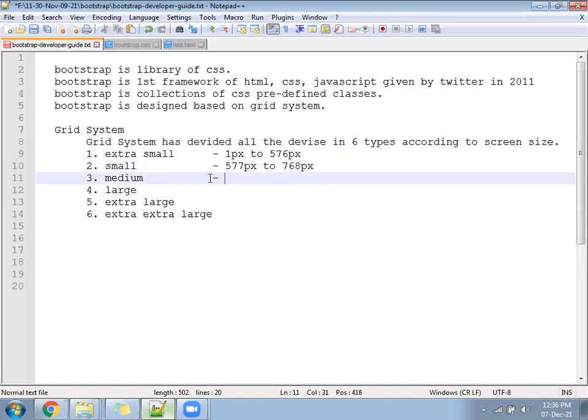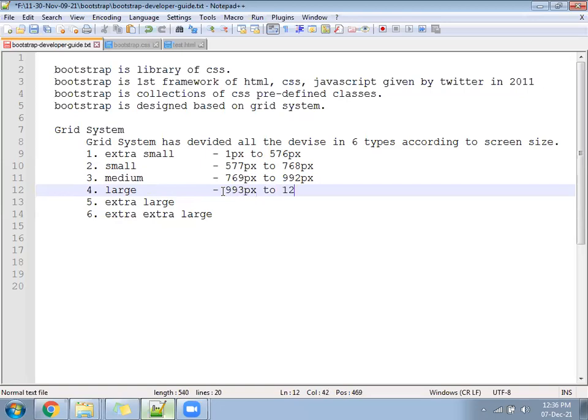After that, 769 px to 992 px is called a medium device according to Bootstrap survey. After that, 993 px to 1200 px is called a large device.